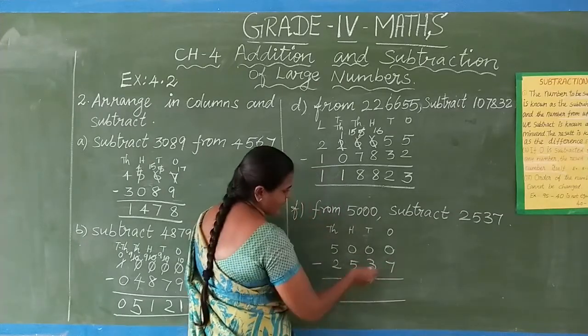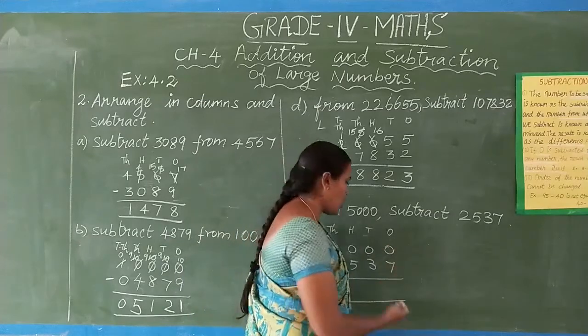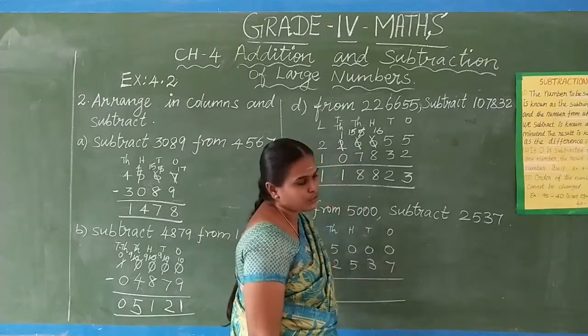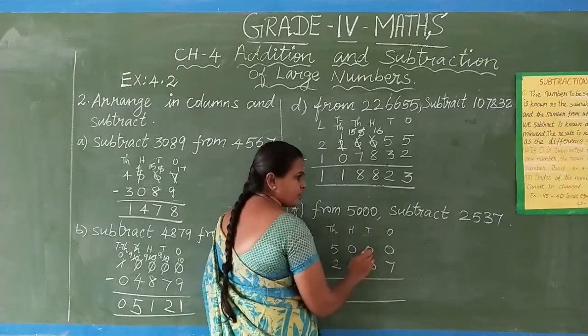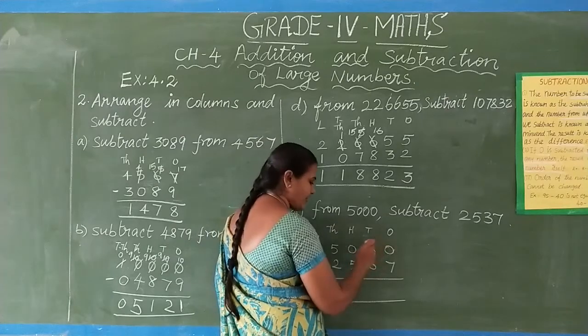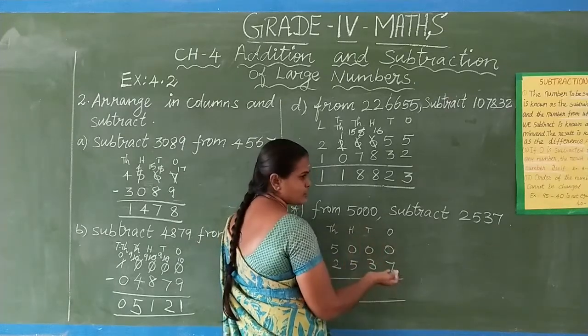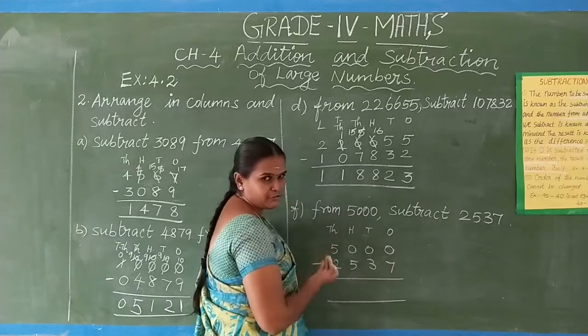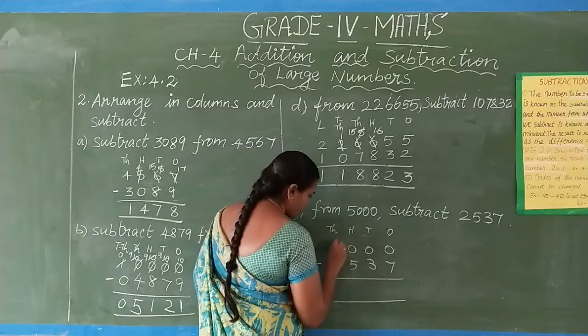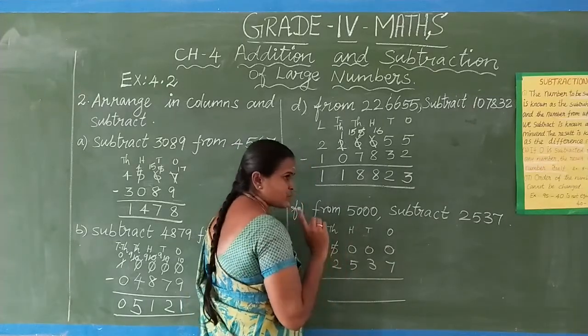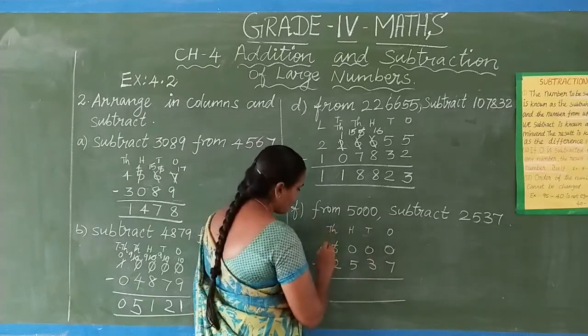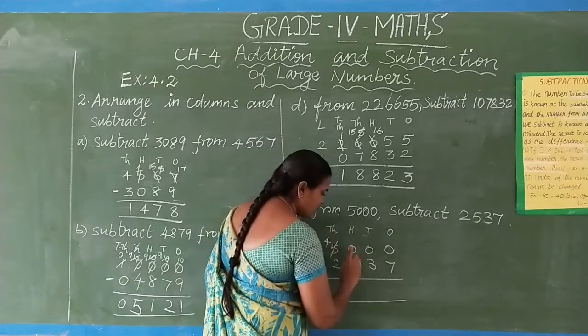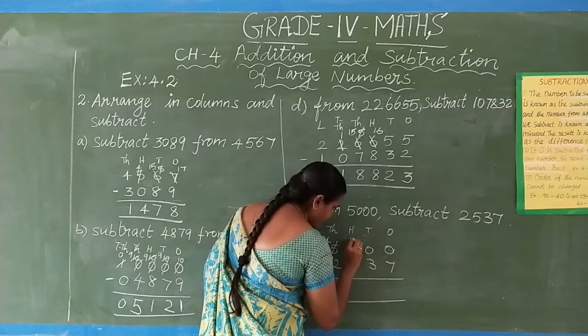Subtraction. So 0 minus 7, small number minus big number, we can't do. So borrow. Here borrow means we have to borrow from the change place. Here also 0, hundreds place also 0, only the thousands place column has the number. So you have to borrow. So borrow means 5 minus 1. So 5 minus 1 means 4. The 0 changes into 10.